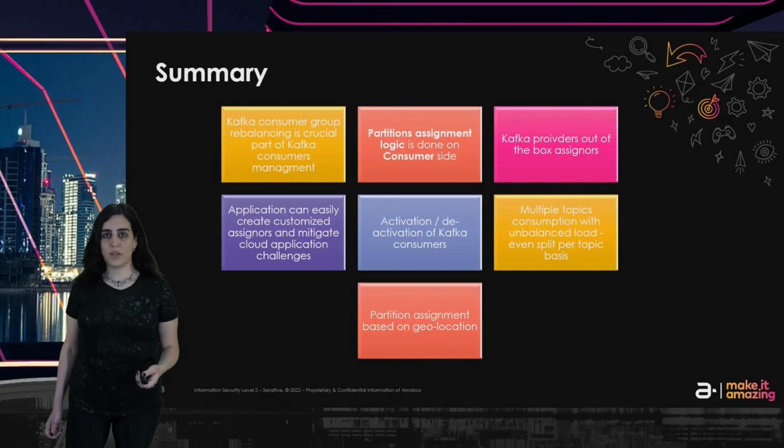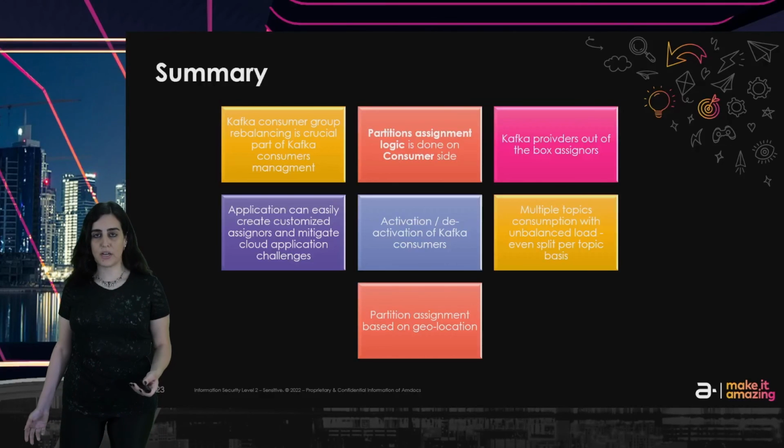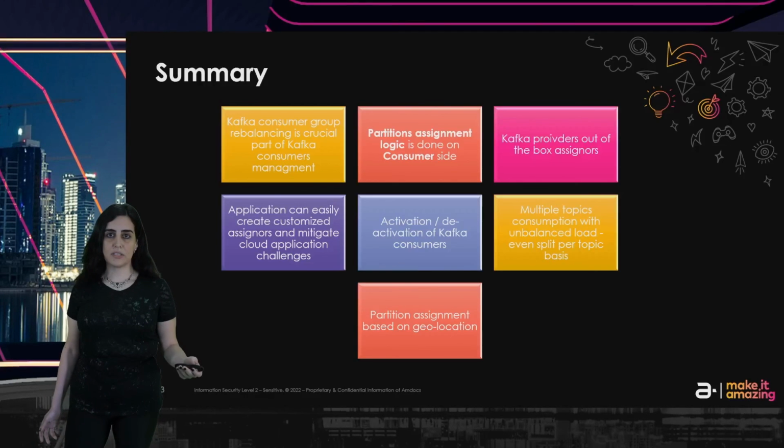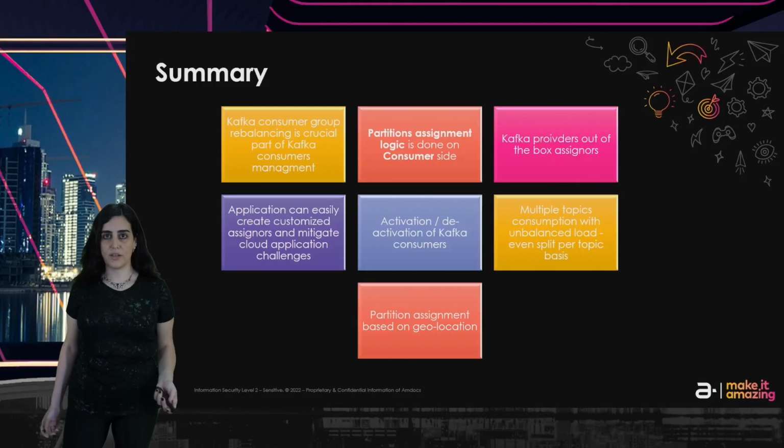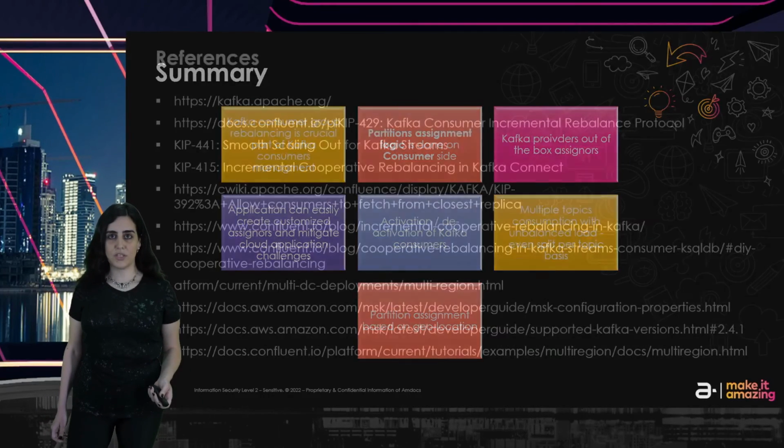And also, if we have use cases where our consumers consume from multiple topics and we have unbalanced load between the topics, and we want to use the cooperative sticky assigner, but the out-of-the-box assigner just splits across topics. So we can reach a situation where each topic is fully assigned to one of the consumers, and it's not good for us because let's say some of the topics are DLQ topics or they don't have much load, and we want to balance on a per topic basis. So this is also another good scenario to implement your own custom partition assigner.